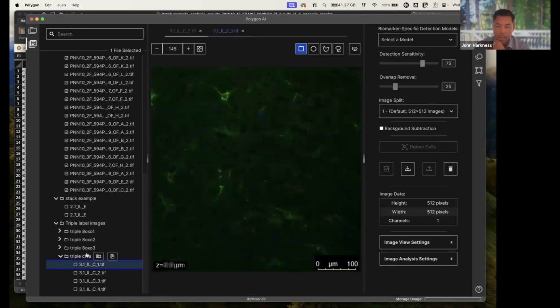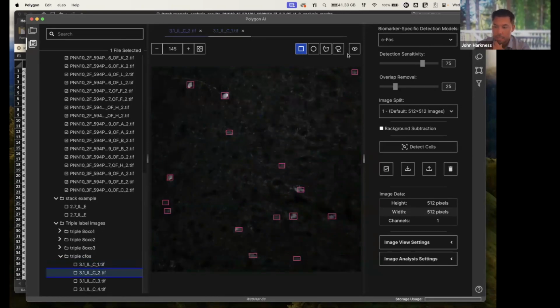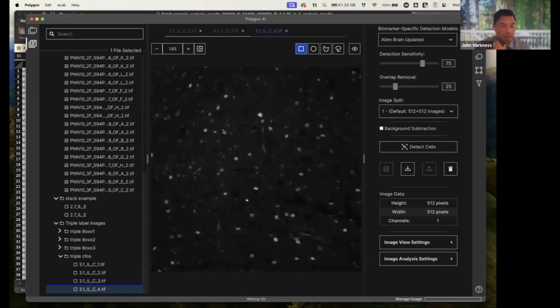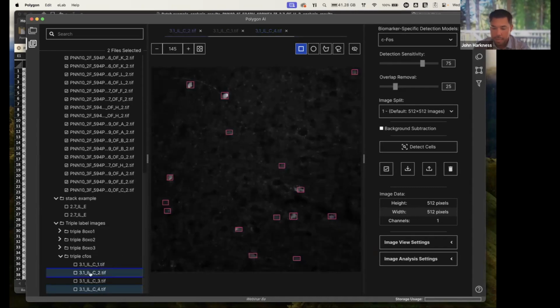So this is some cFos staining with, again, it looks like some perineuronal nets and some parvalbumin that we had already looked at here. And I've got some cFos in this. So this is a nice image to really see a lot of different things that are going on. So what I'm going to do is choose maybe just 2 of my stains here. I'm going to highlight the cFos stain, and I'm going to highlight the parvalbumin stain, and I'm going to